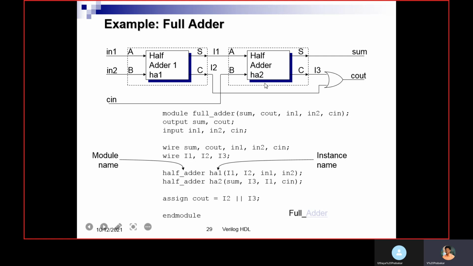I3 is the carry output of this second instance of the half adder. So I3 we are mentioning. Then for getting this Cout, we are taking this I2 and I3 and doing OR. So that we can implement using dataflow modeling here: assign Cout equal to I2 OR operator I3.